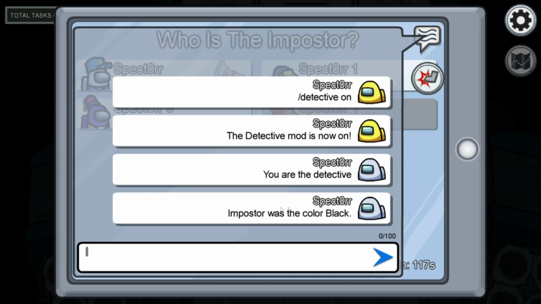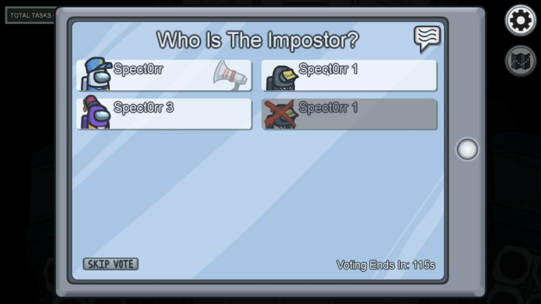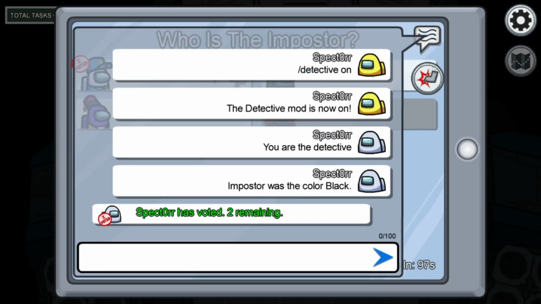So I'm the detective, so the imposter's color was black, so it's fairly obvious to me that it was this guy. But with more players, it's a lot more fun and more ambiguous as to what clothing items someone might have been wearing. Everyone has mixed outfits, and it's super cool. So I would definitely consider giving this mod a try, and I'll have the installation instructions for how to get onto the server for both Android and PC later in the video, but I'm going to show a second mod